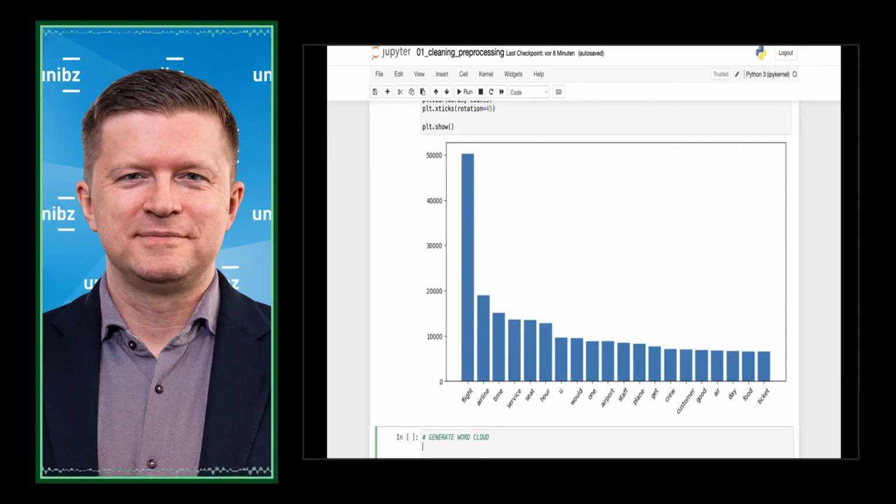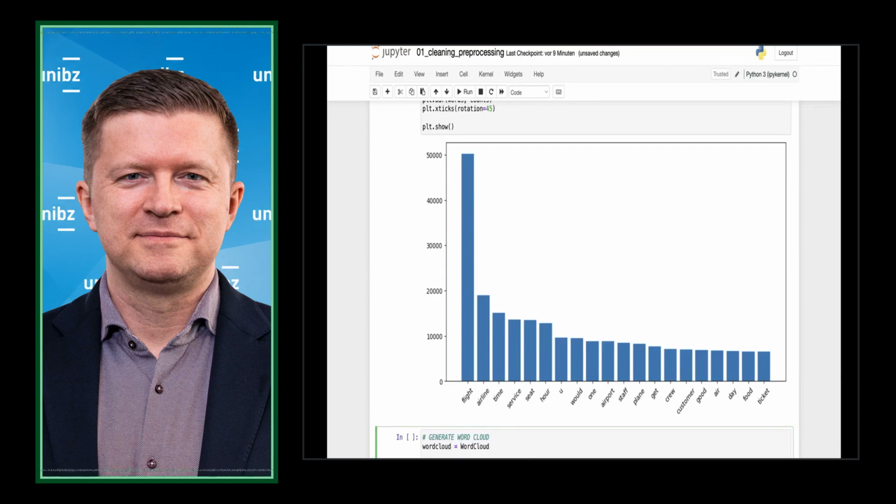Just for the fun of it, let's do a word cloud as well. It looks a little bit more fancy. If the results are okay, then you can produce a little bit more fancy visualization. So let's do a word cloud also. Of course, we need to import that. This doesn't work out of the box.